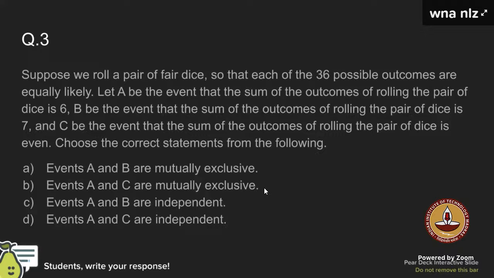Can you please say what is meant by mutually exclusive events? Mutually exclusive events are those events that cannot occur simultaneously. Taking an example, if you toss a coin, can you get heads and tails at the same time? No, you will either get a head or a tail, right? Such events are called mutually exclusive, the events that cannot occur at the same time. So their intersection, of course, is going to be zero, nothing.